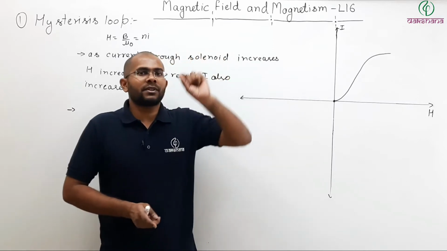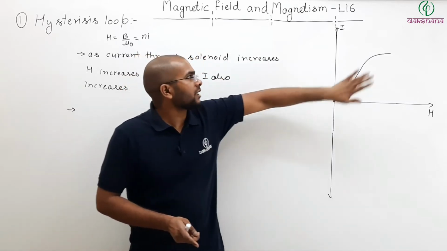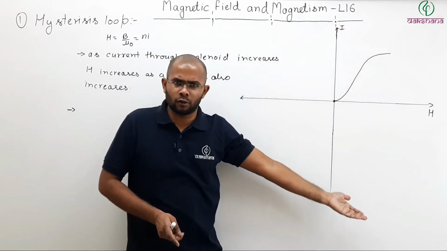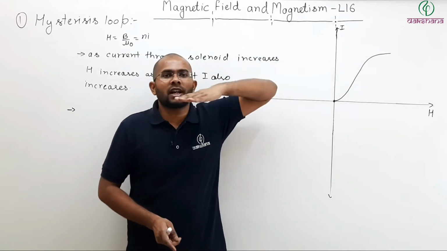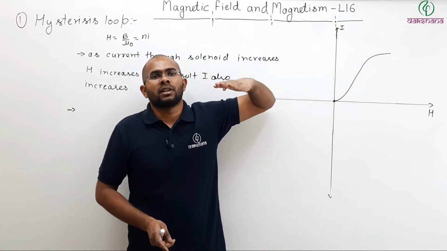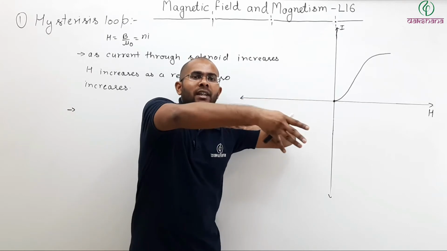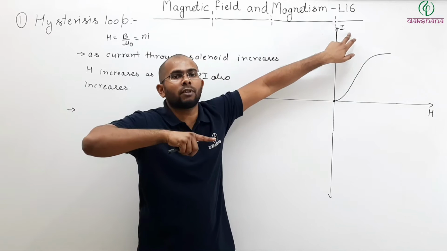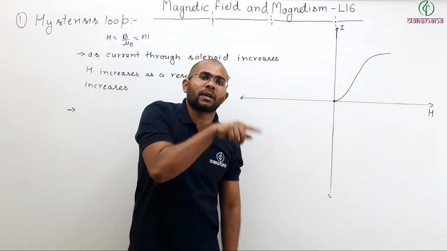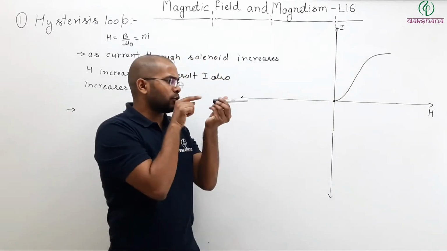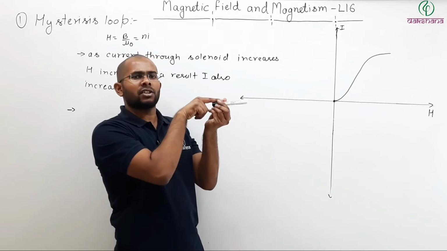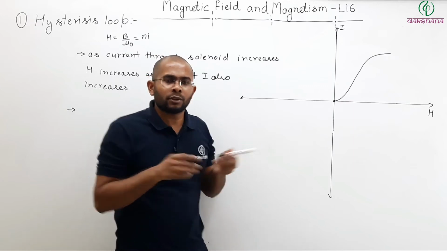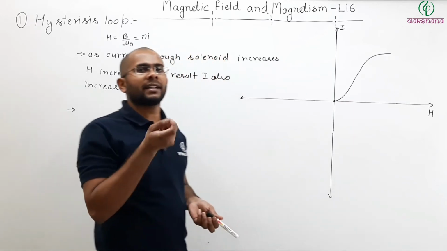So after a certain time, your magnetic moment or magnetization vector, which is magnetic moment divided by volume, will achieve a maximum threshold. Beyond that, it cannot go. Why? Because magnetization is produced. That magnetization, it is because of what? It is because of alignment of atomic dipoles. And once atomic dipoles are 100% aligned in the direction of your external field, after that there is no scope for further alignment. So you cannot further increase your magnetic intensity.